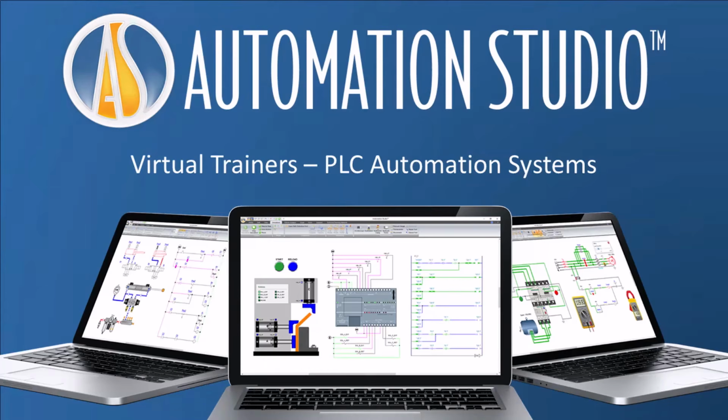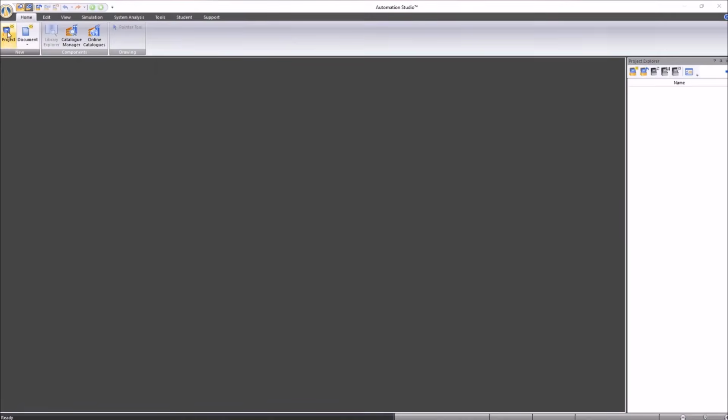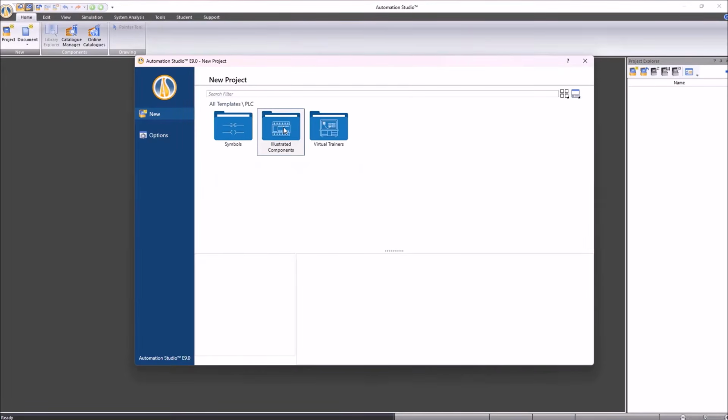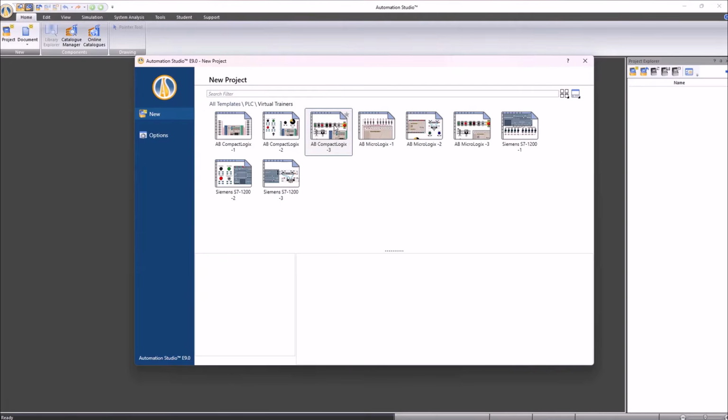Welcome to this video. We will be exploring the educational trainers of automation projects available in Automation Studio. If you are interested in learning about the configuration and programming of PLCs, this video is for you. Here we find documents with everything ready to make an example and learn how to configure a PLC in its